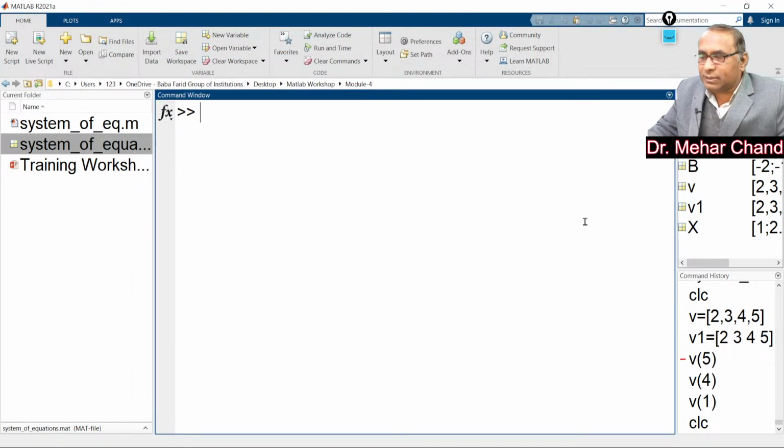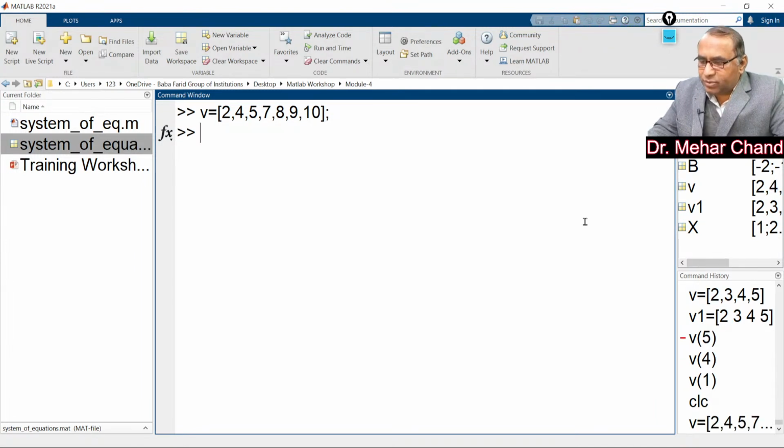I gave you here one more example. V is equal to, we are choosing a very interesting example here. I have 2, 4, 5, 7, 8, 9 and 10. Okay, I have this vector. So now I want to replace the element which is at the first position, the element which is at the third position, the element at the fifth position. Okay, so this will be equal to